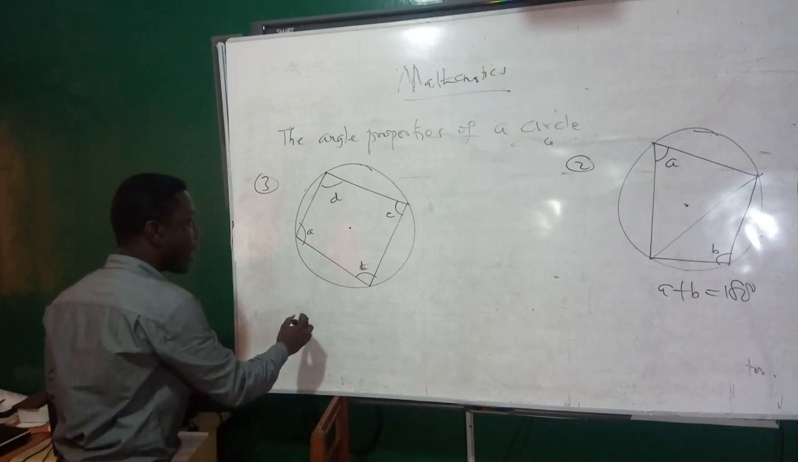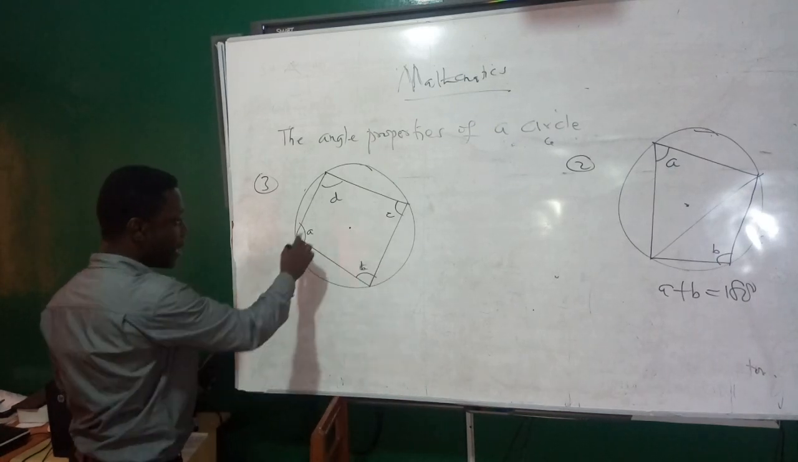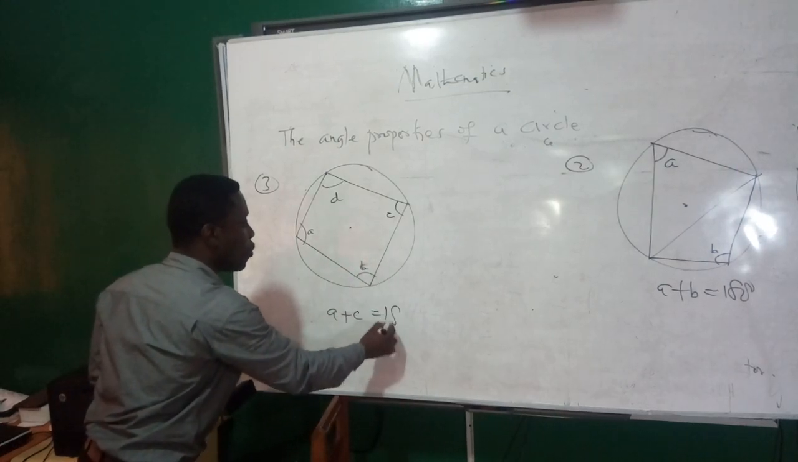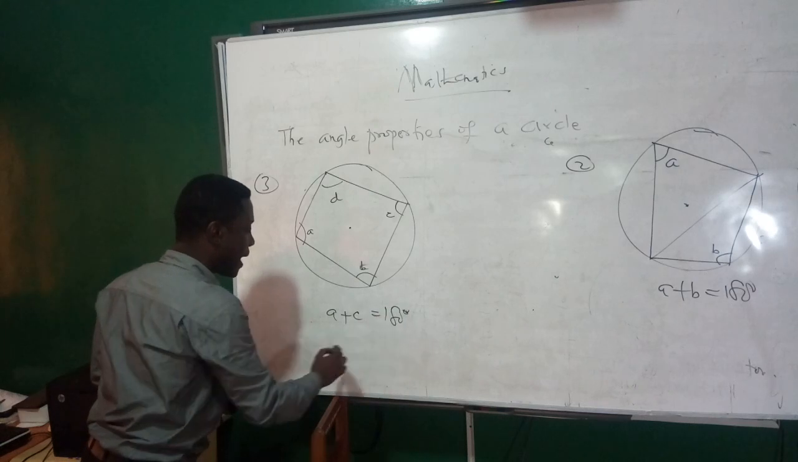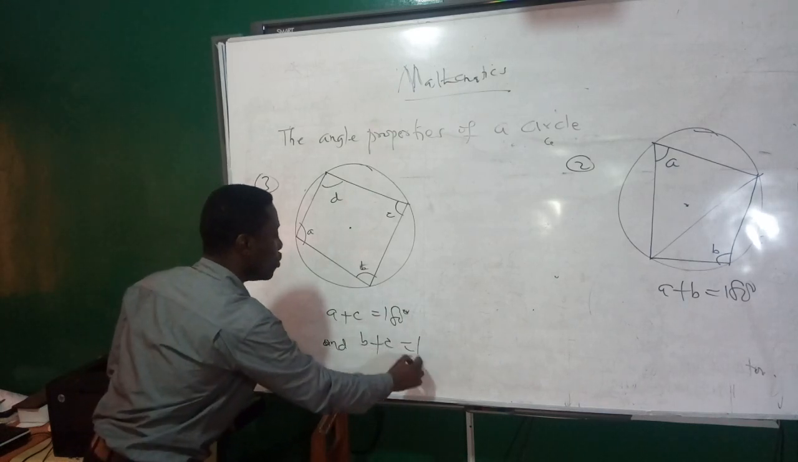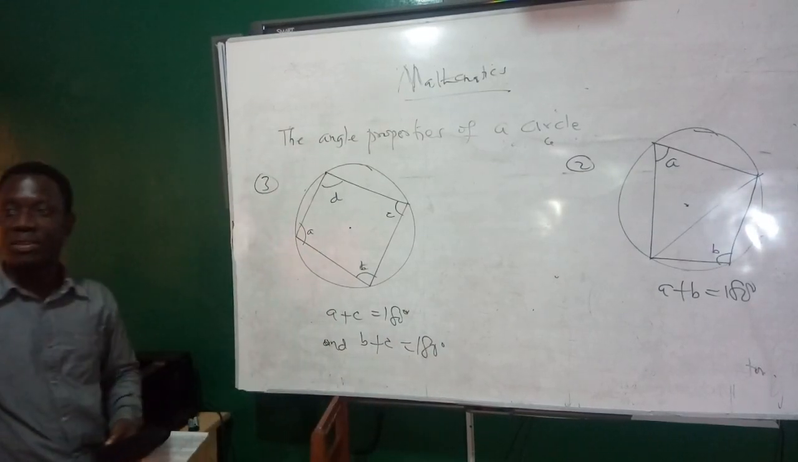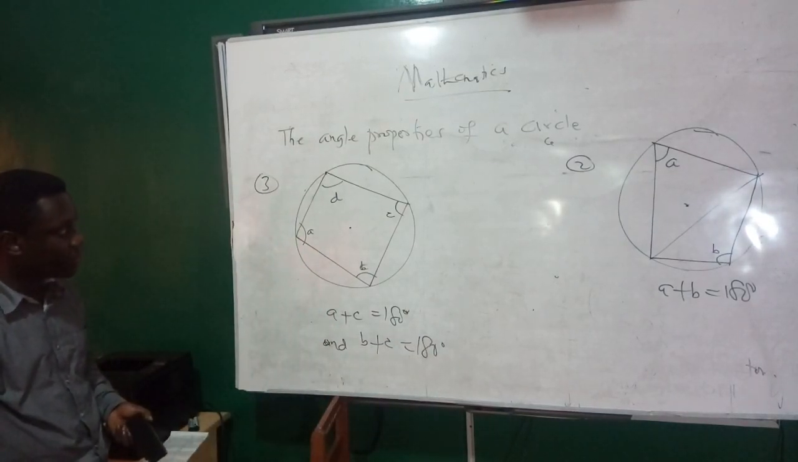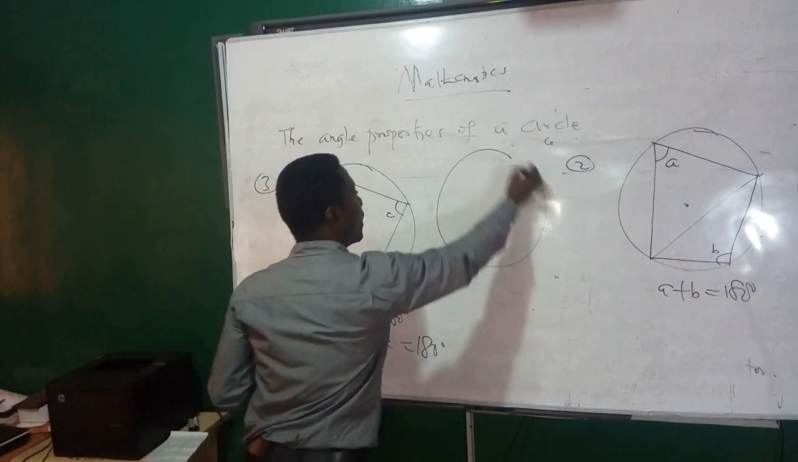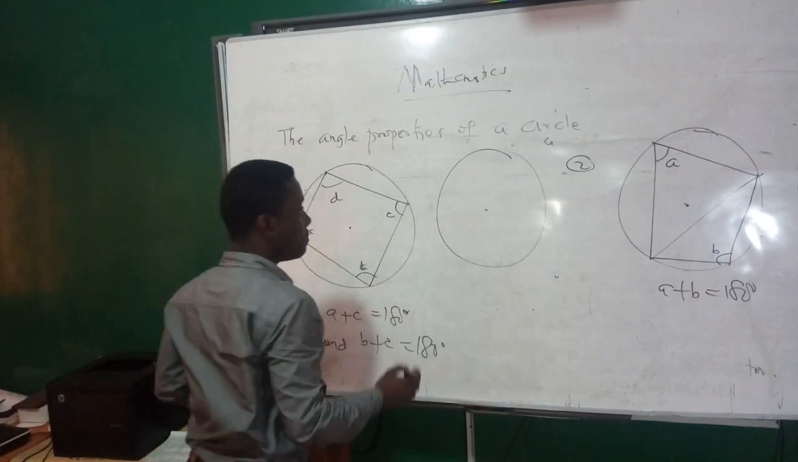So in short, we are going to have these and these, A and C are opposite. So your A plus C should give you 180 degrees, and then your B plus C should also give you 180 degrees. So that is your third property. That's your third property. So if I want to look at a typical example,